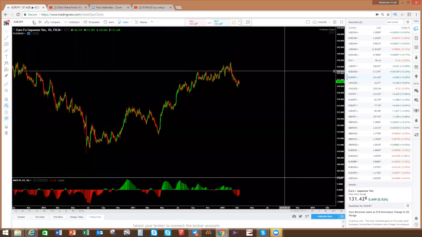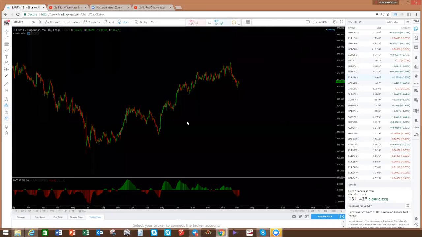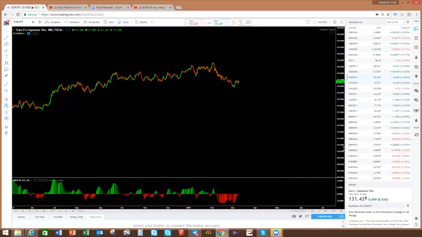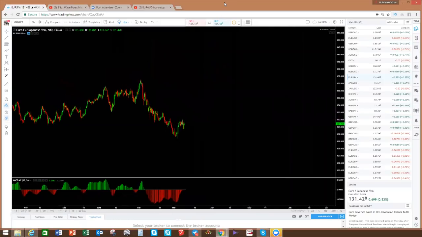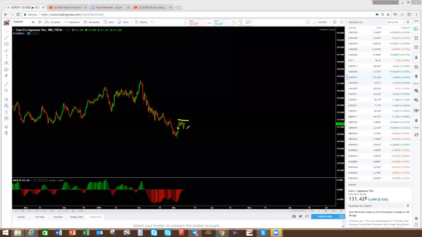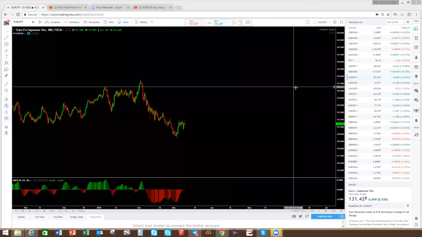Okay, so looking on the 4 hour, looks like we are looking upside on, and remember these are short term and risky ones. We are looking upside on EURJPY. As you can see there, first target around that area, unless it gives you another one like that, giving you this deep one, and then we're gonna wait for another one to the downside like that. Okay, for now, short term, I'm not even interested in buying these ones to the upside. Okay, but this one is so nice and clear, you can take it for a few pips. All right,